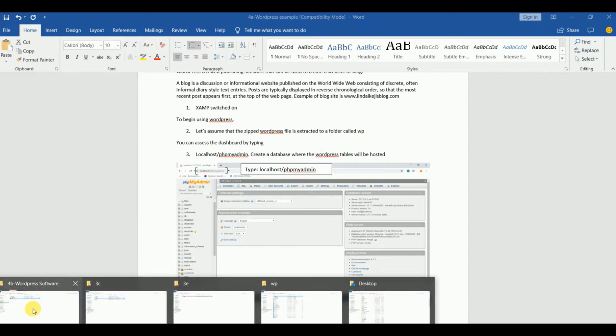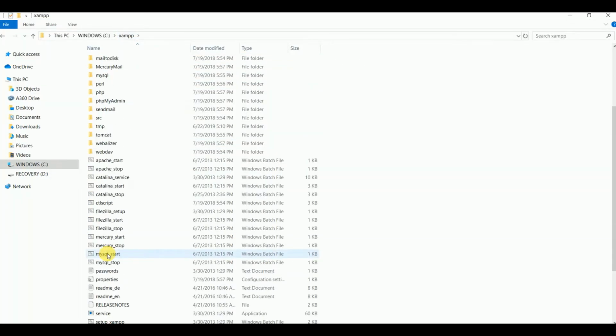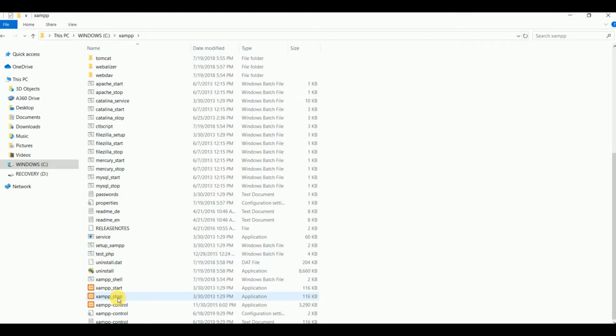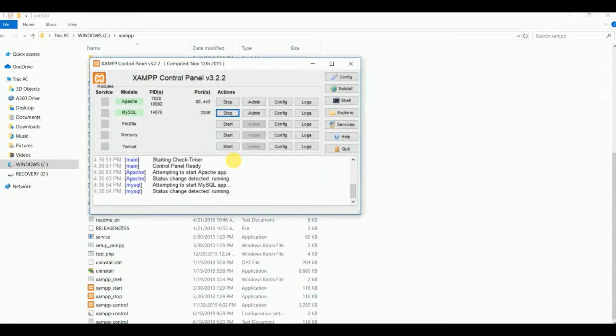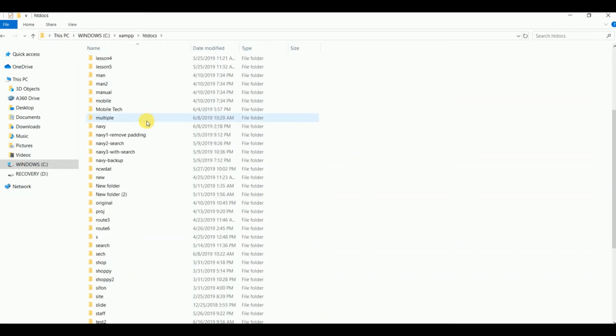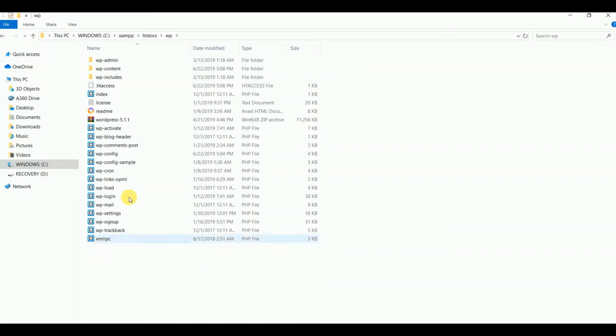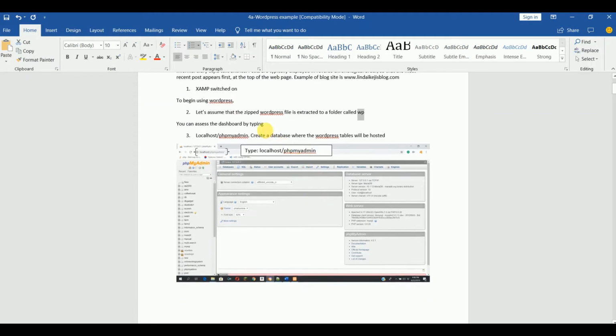So I'll just show you here. From the XAMPP environment, we switched it on. And after switching it on, we went to htdocs, then created a folder called WP. Then we now extracted the content of WordPress into it. So the next thing we did was to go to